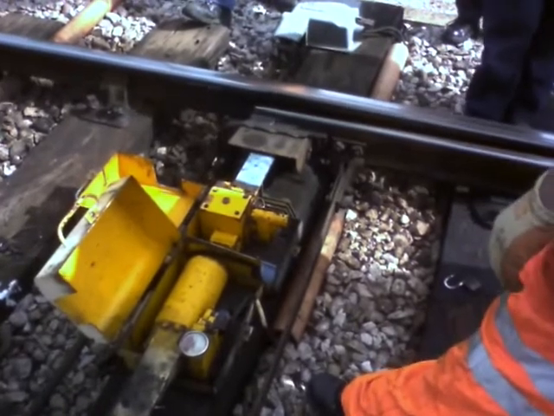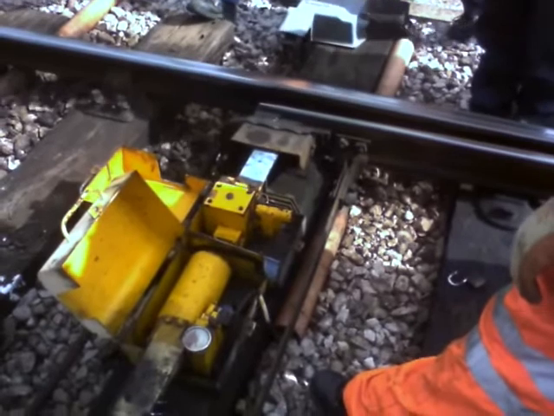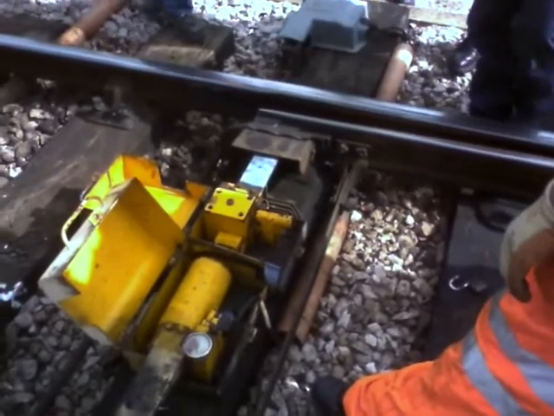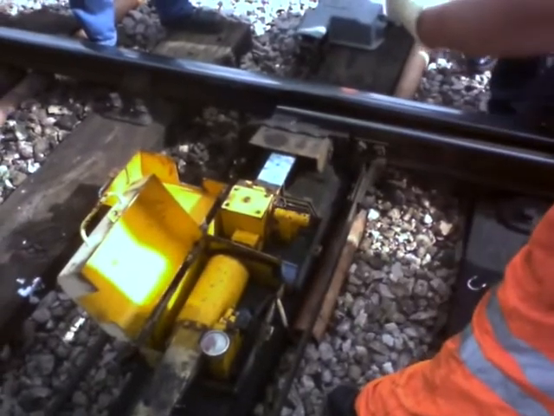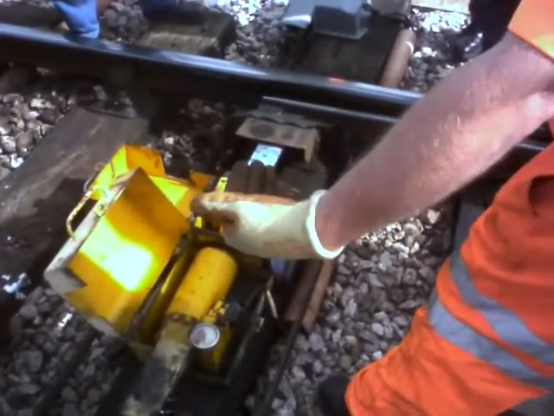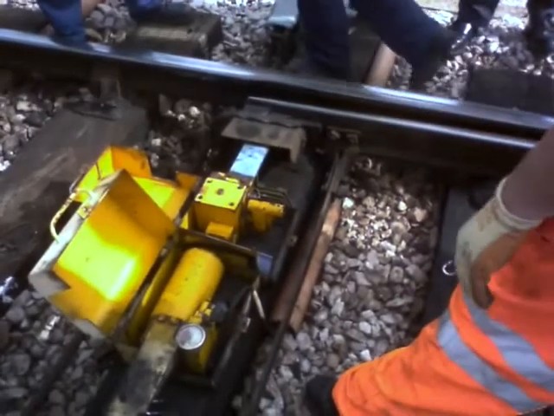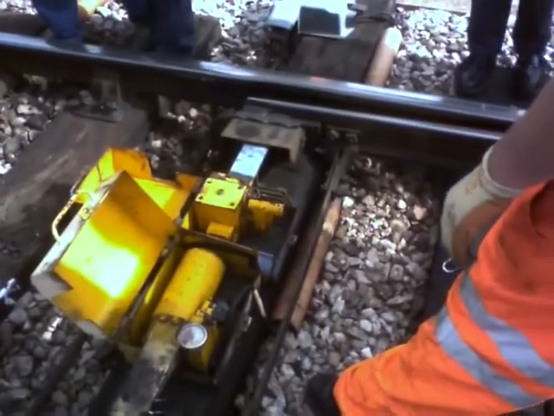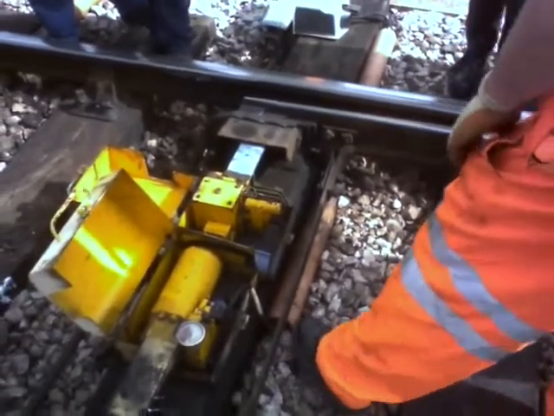Is that non-return valves? They can't link back on themselves, like a clamp like that? Well, no. As the blade gets pushed over, it just pressurises in the cylinder. It's all pressurised, that cylinder. There's no valves in it. There's a known pressure already in there, and then as you pump it, it builds up, so if you watch the pressure gauge,